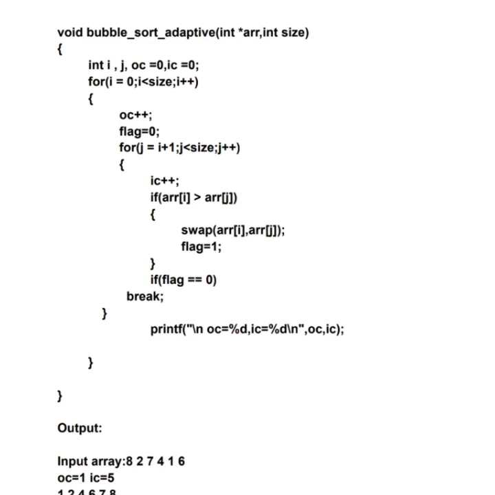For this example, in that same code we just add the variable flag. If the flag equals 1, it means a swap happened. If the flag remains 0, it means nothing was swapped, so the list is already sorted. If flag equals 0, the break condition is given, so we do not have to continue, and it will reduce the execution time. In the output, the outer loop running time is just 1 and the inner loop running time is 5. It will be reduced.